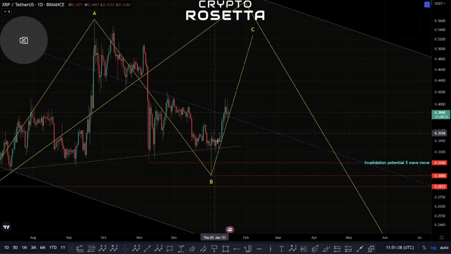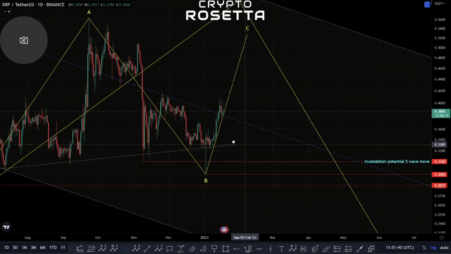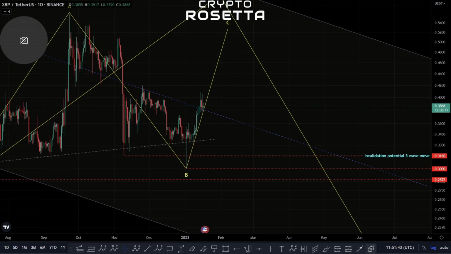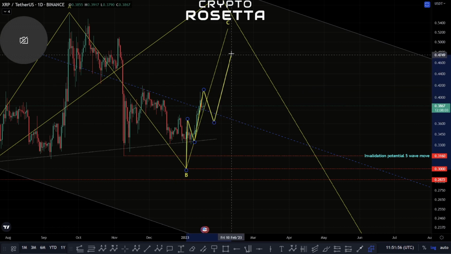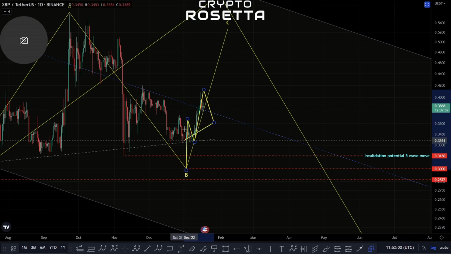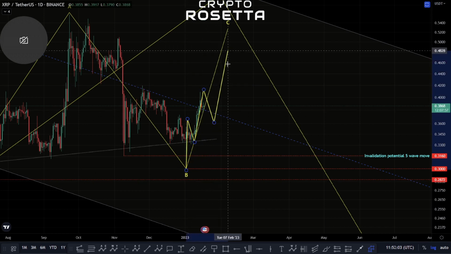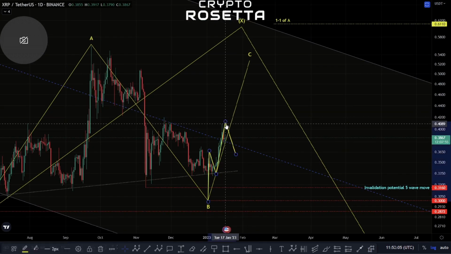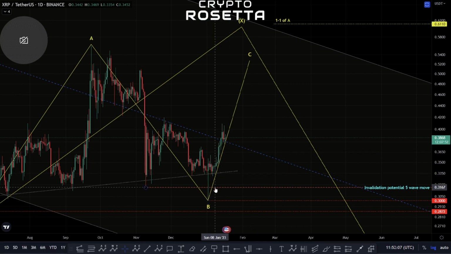So if the chart starts to give us some more indications, what I would want to see within this move is either for this to move up more here for this wave 3, or alternatively for us to break down again, find support potentially above these highs here, and then look to progress in that next structure to the upside. That would give me more confidence. So that would be looking at this as a 1-2-1-2, and then I'd be looking for that 5-wave move potentially to the upside. However, until we actually get that play out, we need to bear in mind this can always